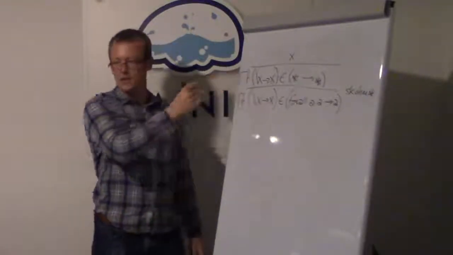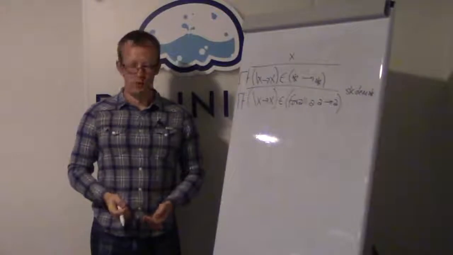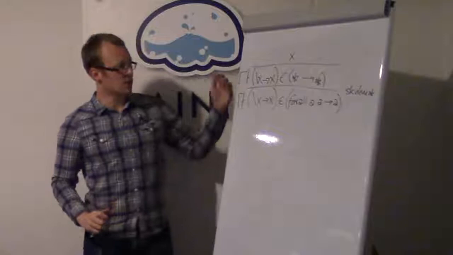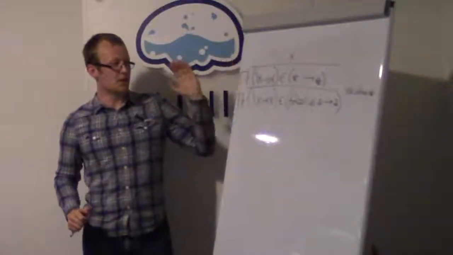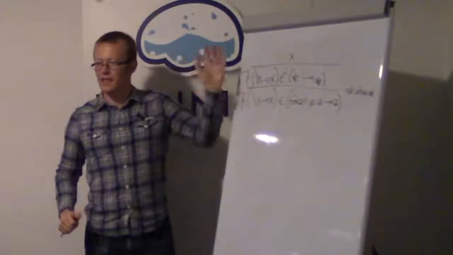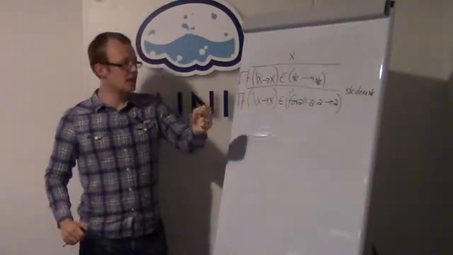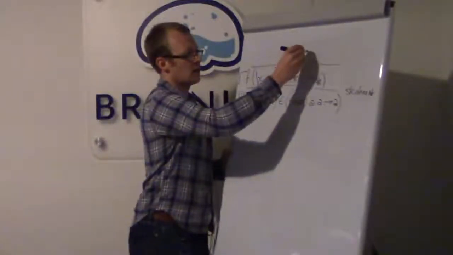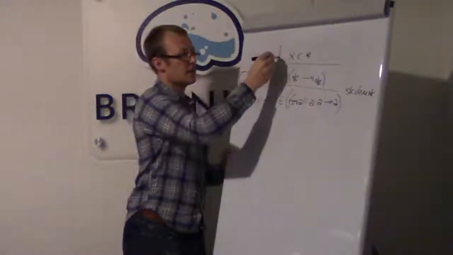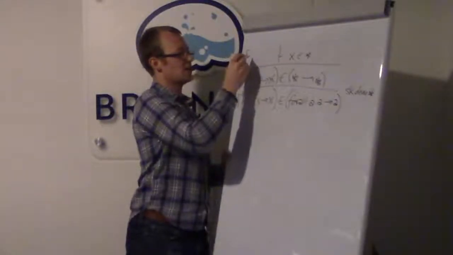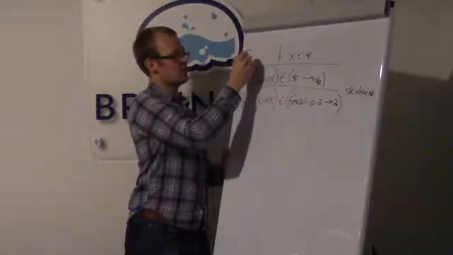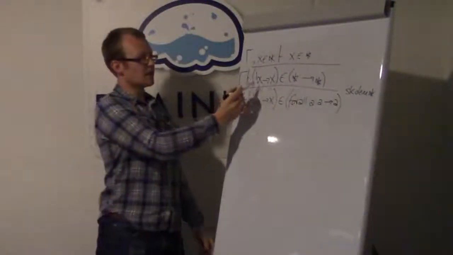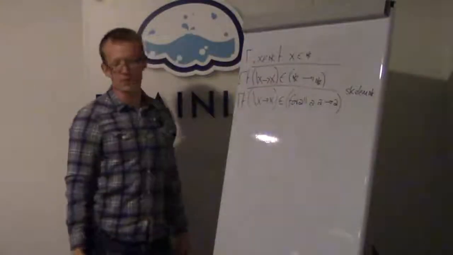This represents a context, so it's a collection of type variables that are in scope. This turnstile means entails or something along those lines. So in the context gamma, it can be proven that such and such has type such and such if the thing above the line. Okay, so if I can check that x in the context gamma augmented with the assumption, right? This is the checking rule for functions.